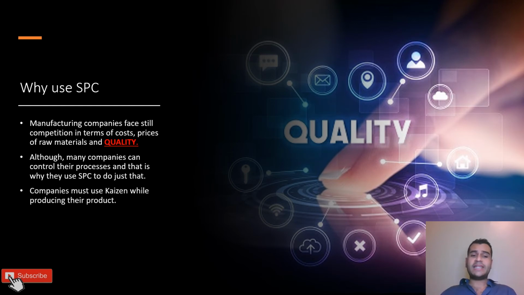Companies also use Kaizen while producing the product. Now, while you're using SPC, it is a method of Kaizen, and Kaizen is a method of continuous improvement. And this has been developed by the Japanese. It's a very important concept because you're continuously improving your processes, your product, you're correcting your mistakes, you're mistake proofing